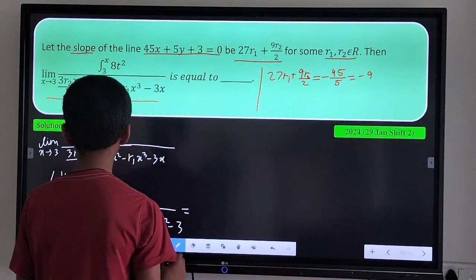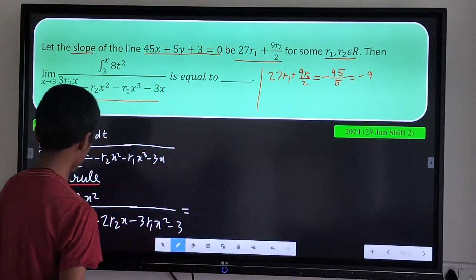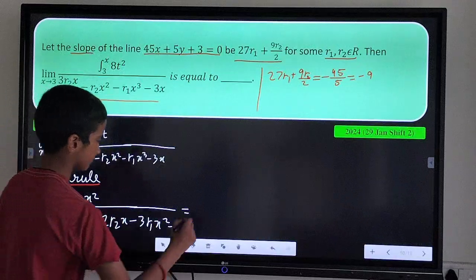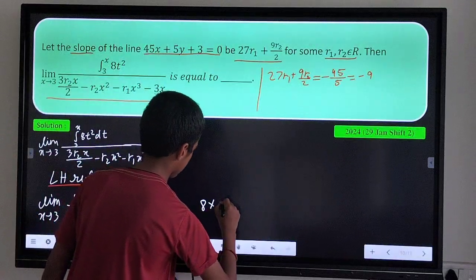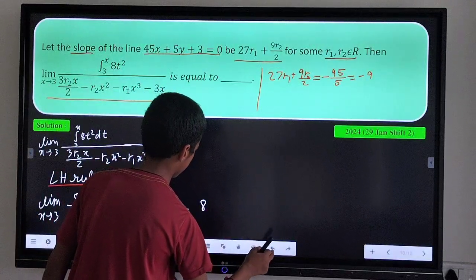Now we will put limit x tends to 3 in this. We will get 8 times 9, which is 72